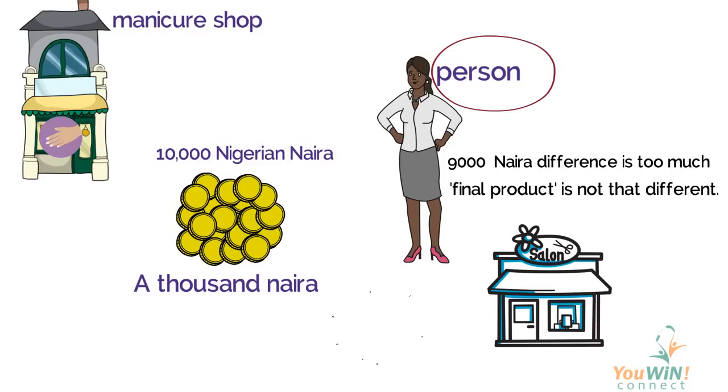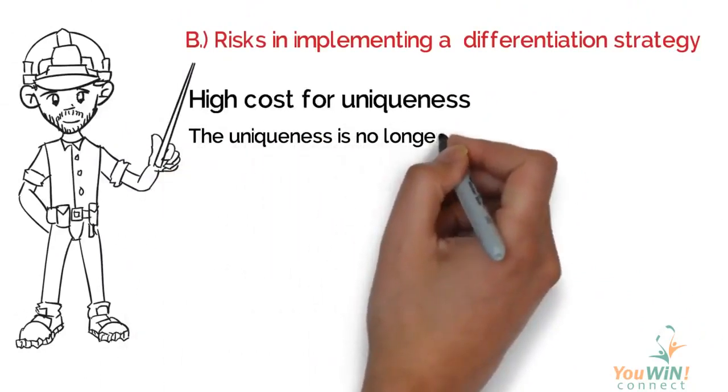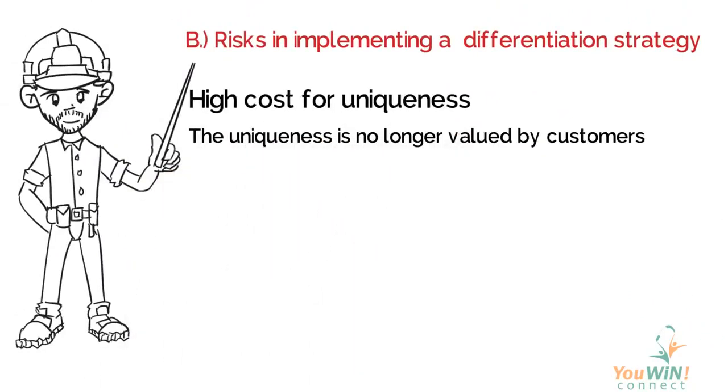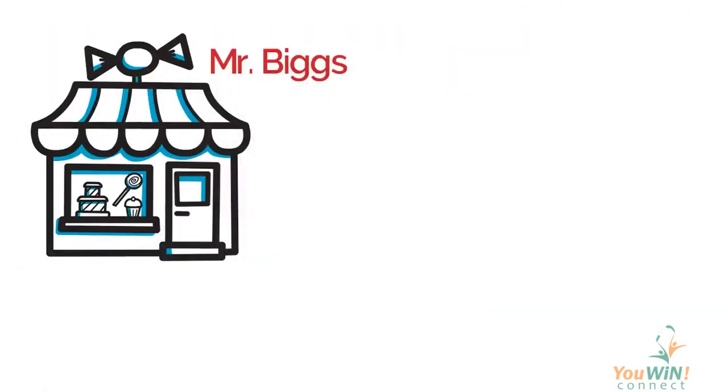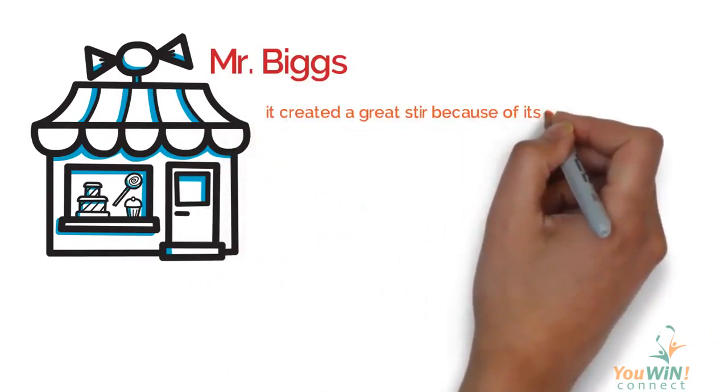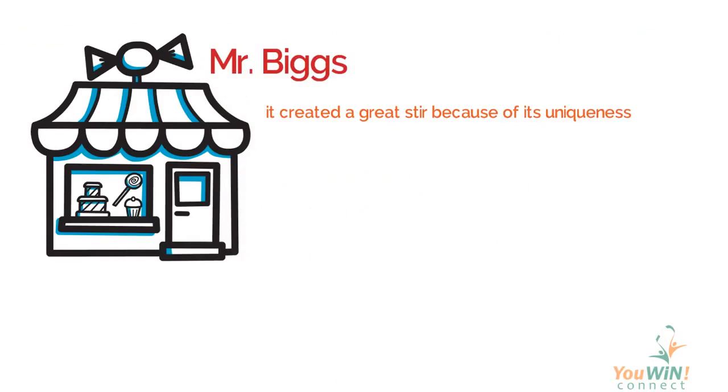Let's look at the risk in implementing differentiation from a different perspective. The uniqueness is no longer valued by customers when customers become more demanding. Let's use another example. When Mr. Big's fast food chain was first introduced in the early 90s, it created a great stir because of its uniqueness. It had